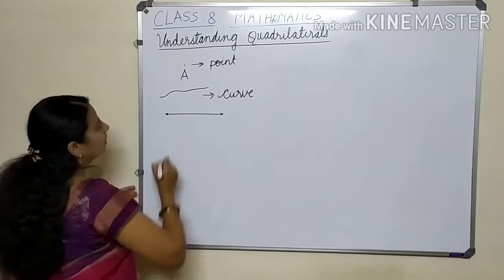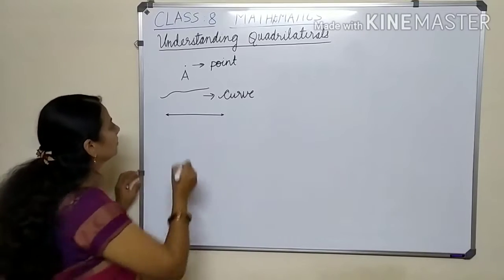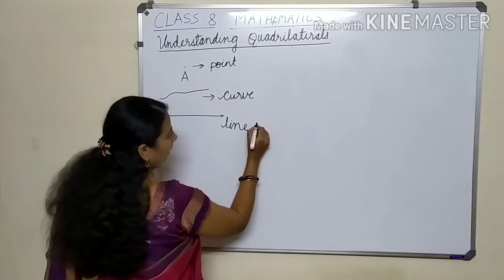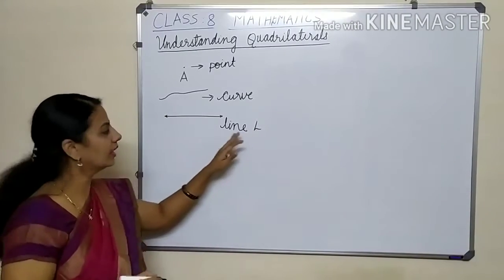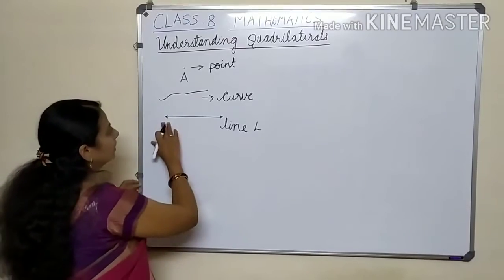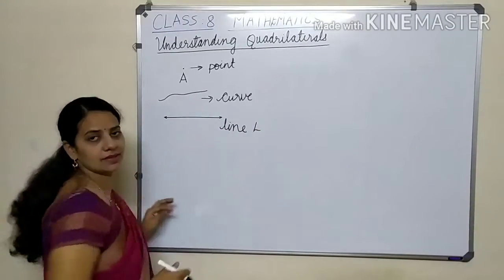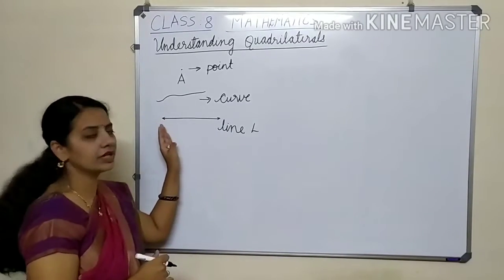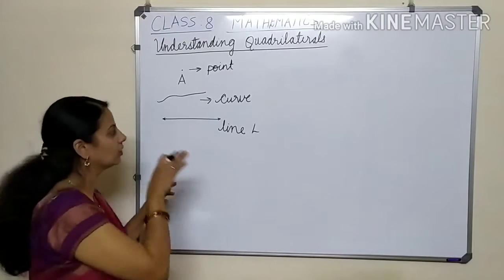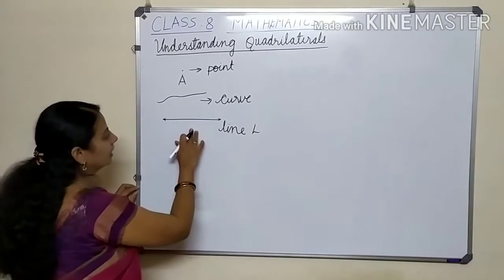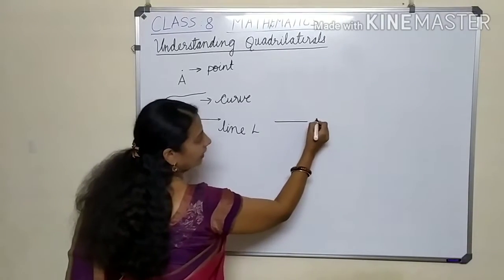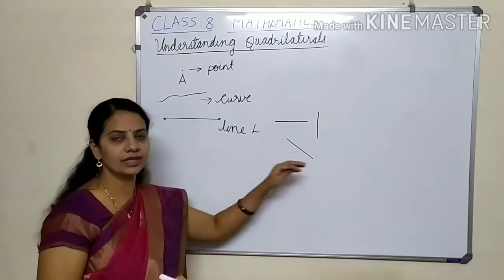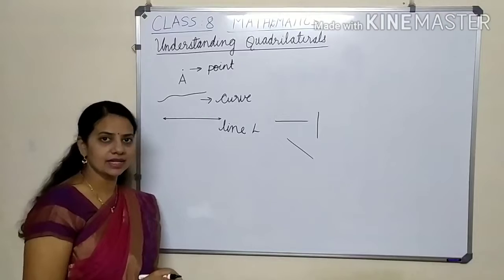Now I'm going to draw arrow marks on both the sides. This represents a line. Line M or line L, or we can give the name as line L. I've given arrow marks on both sides because it extends. Basically a line is a straight line. It will not change the direction haphazardly. It goes in one direction. So this can be your horizontal line, vertical line, and oblique. All these are the types of lines which you have learnt in your earlier classes, right?